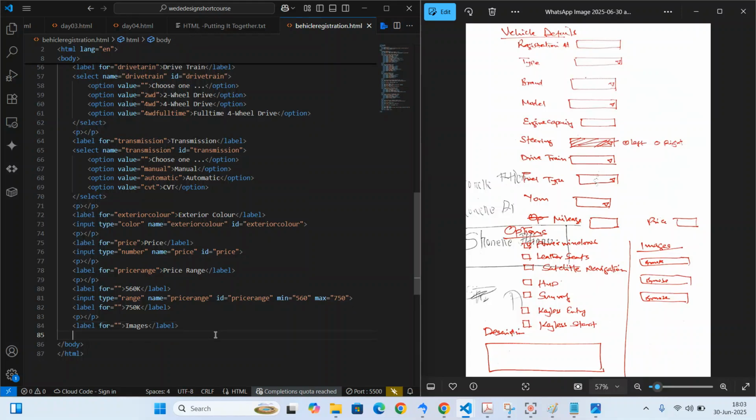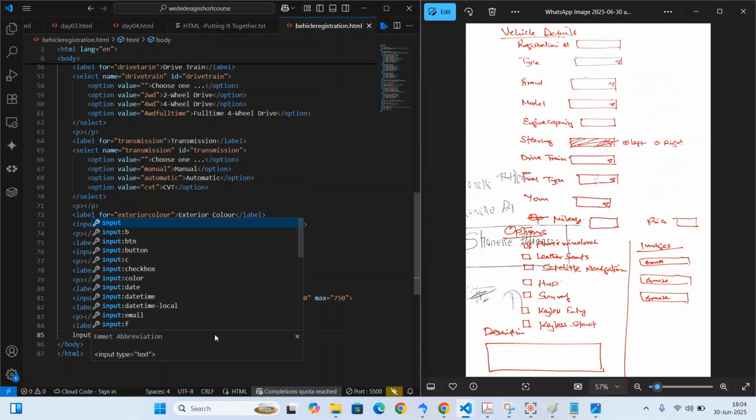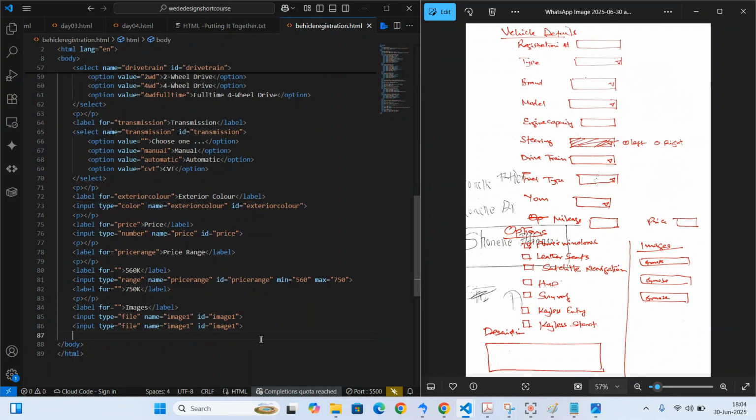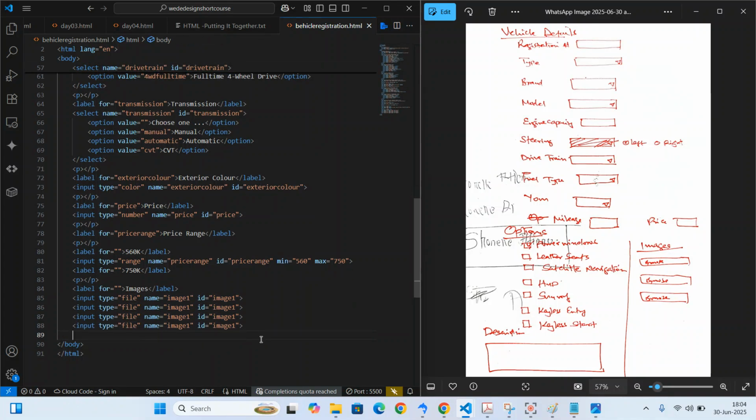Then I'll have an input of type file here, maybe image one. Name is image one. Then I can maybe say add five more images. So it is image one, image two, image three, image four, and image five. So maybe you're accepting five images for each